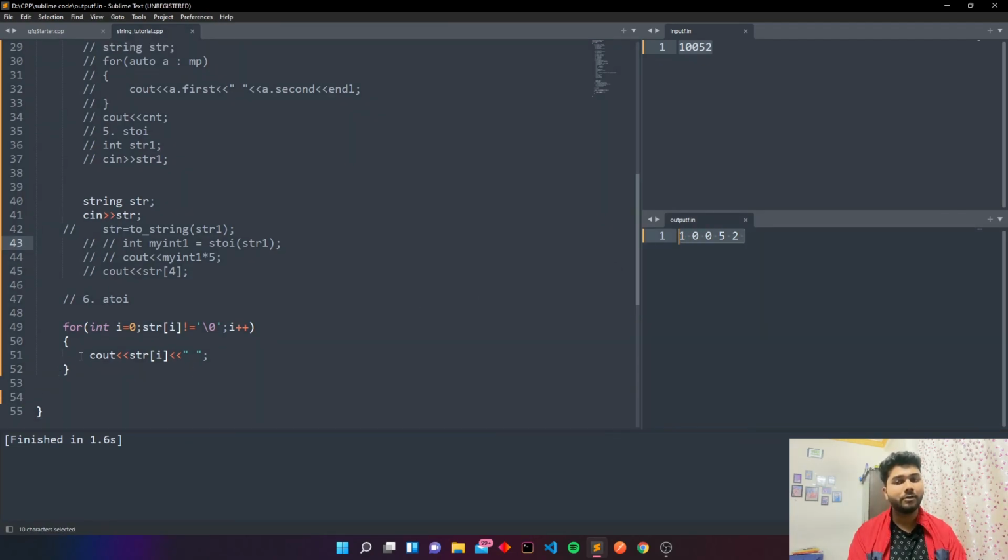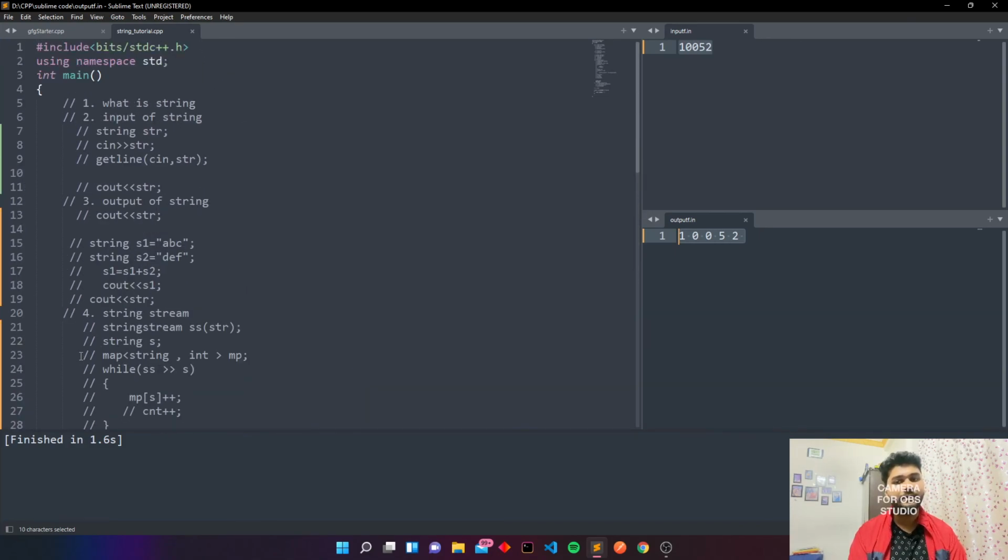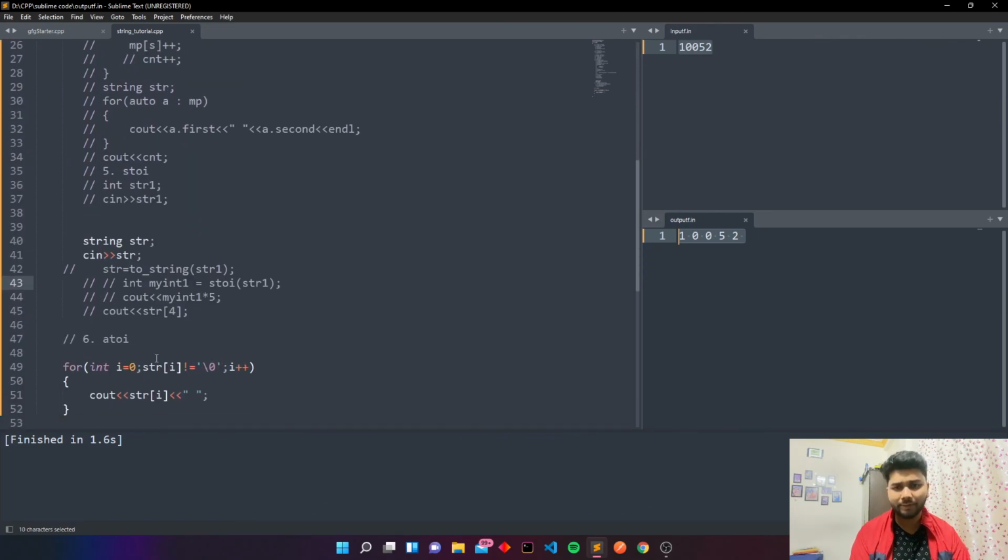So these are all the basic things you will require while solving questions on strings. And the rest, there are many questions, and strings are important in companies, especially the mid-range companies. All the mid-range companies focus on strings. Basically they will ask you to implement stoi. So how can you implement it? Like you have a string, you may convert this by multiplying by 10, 100, 1000 like this, and you can print the integer. So these are the shortcuts you will use, but if someone asks you how to implement it, you may implement it also using some logical steps.